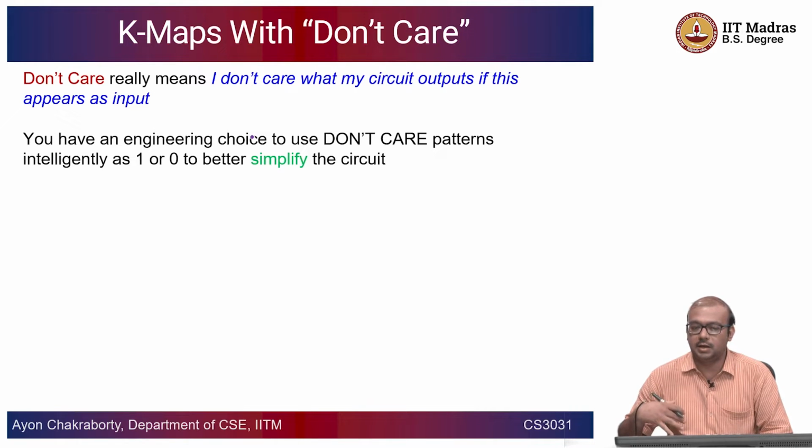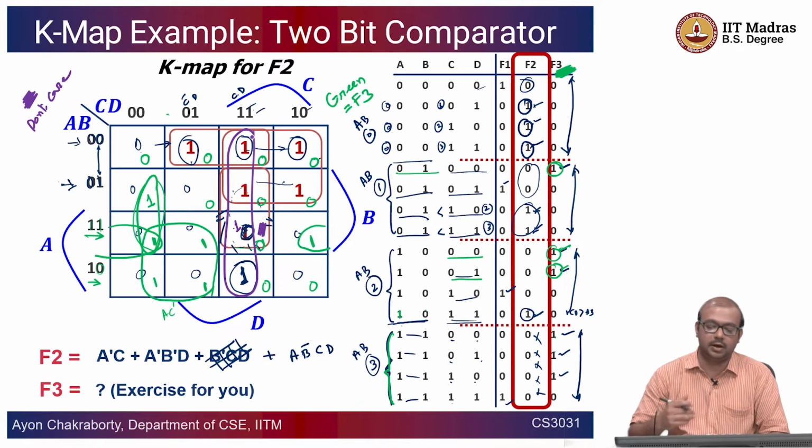I will not take into account whatever the output is for those given inputs. So you have an engineering choice to choose don't care patterns intelligently as 1 or 0 to better simplify the circuit. This is purely an engineering choice, because for those illegal inputs or whatever inputs, let us say